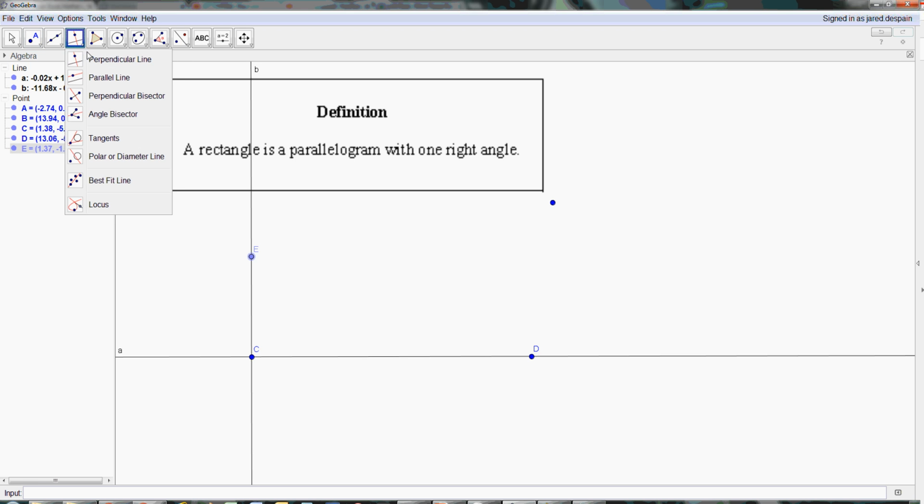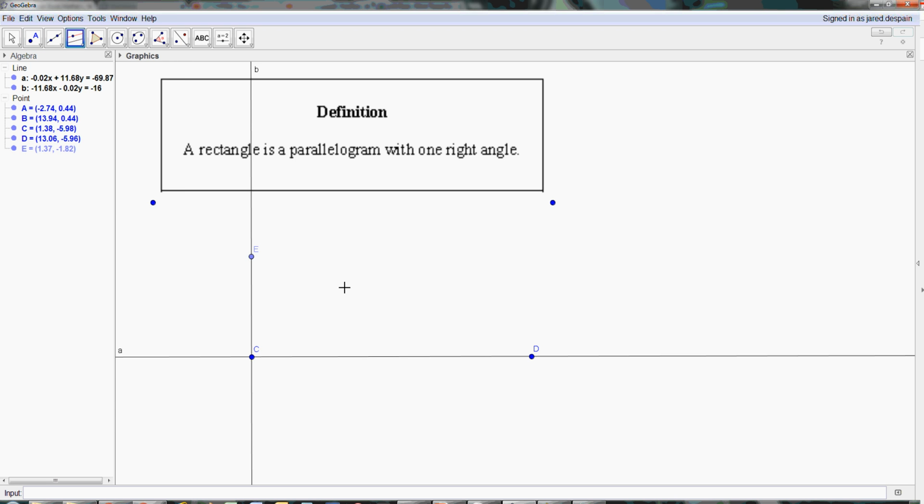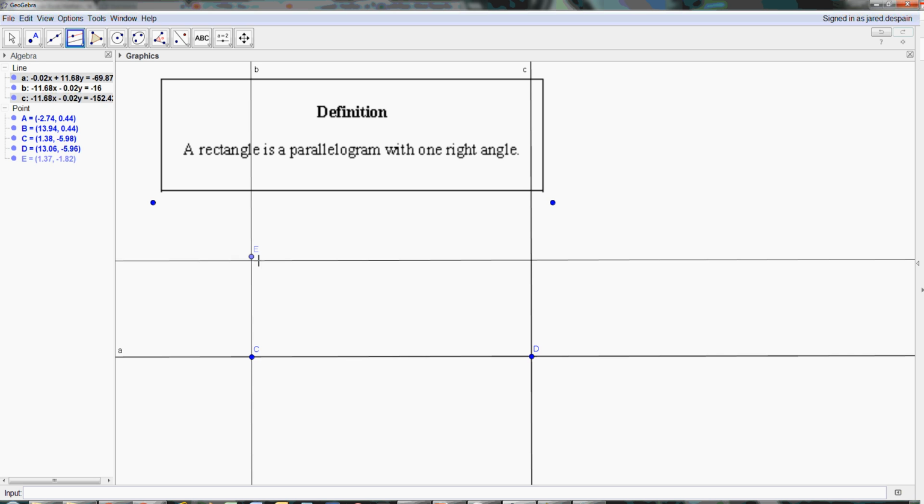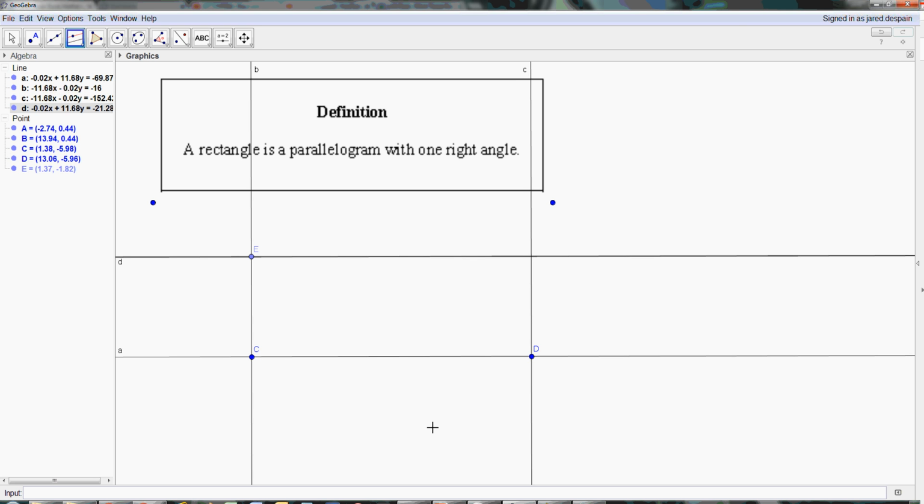Now we need our parallel tool. We're going to finish it up just how we did the parallelogram. I want parallel to this line through that point. I want parallel to this line through that point. And that's it. That should be everything we did. Definition of a parallelogram was two pairs of parallel sides, and we built in one right angle. So I'm going to grab the polygon tool and map all the... Oh,